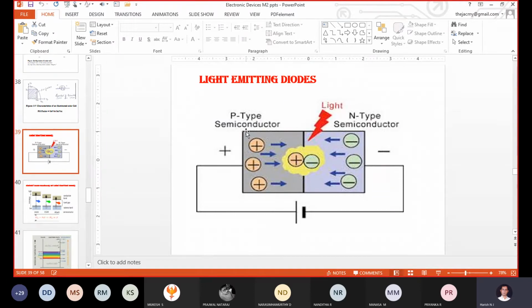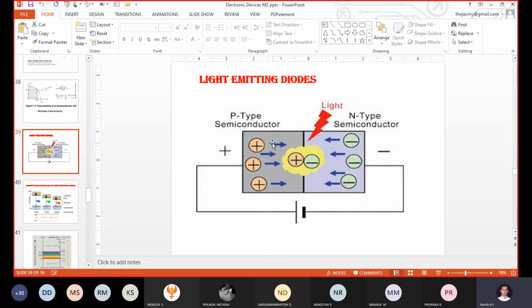Out of the 100, a few minority charge carriers are also present in the p substrate as well as the n substrate. But we will take the majority: the p substrate consisting of 100 holes, and the n substrate consisting of 100 electrons. When you provide biasing in the forward direction,